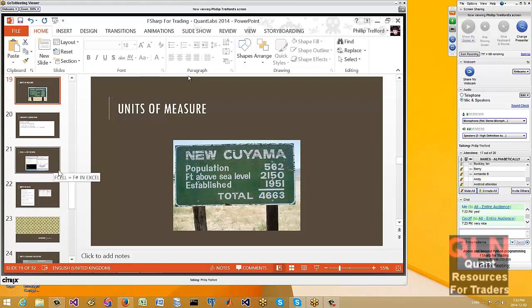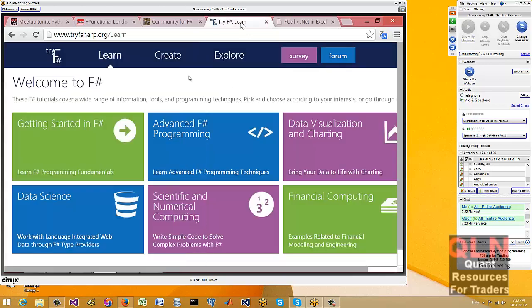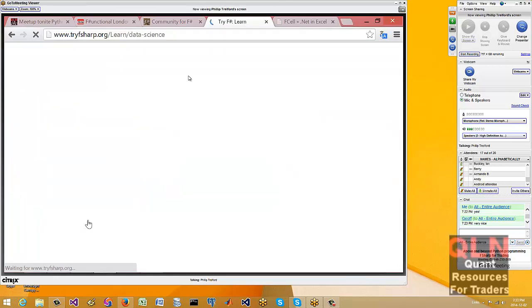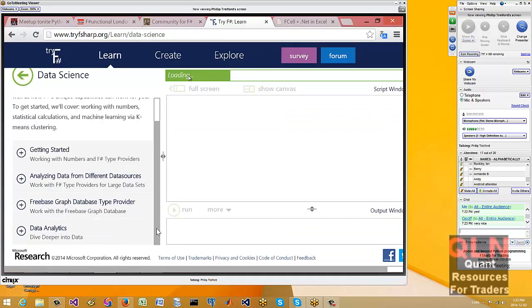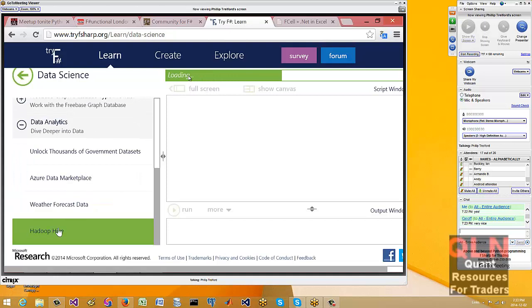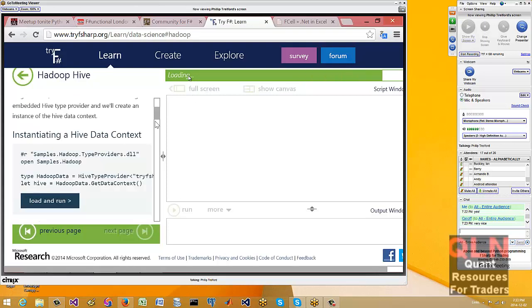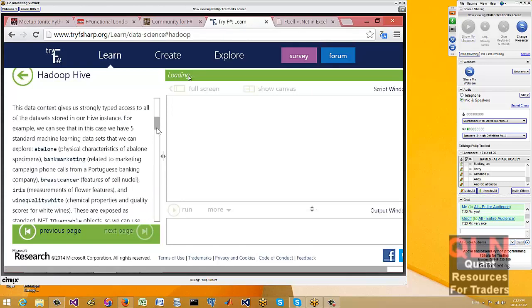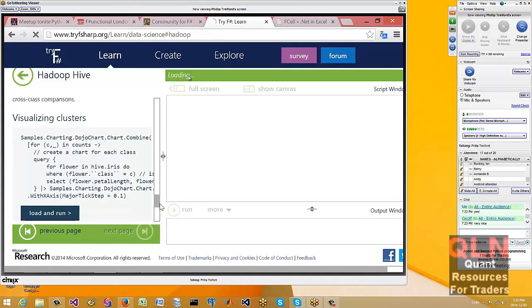So that's that slide. I actually will just show you one more thing. If you're interested in getting into FSharp, there's a lovely website called Try FSharp. The reason I'm going in there is I want to show you something quite fun. A lot of the cool kids are using Hadoop to do compute, and we can actually just run that in the browser or on our desktops, but we'll do it in the browser here.